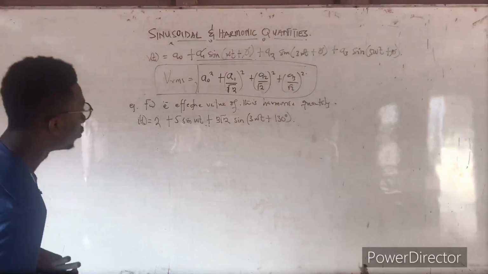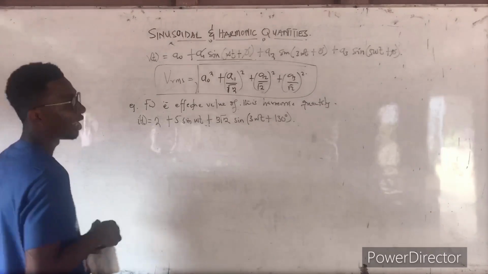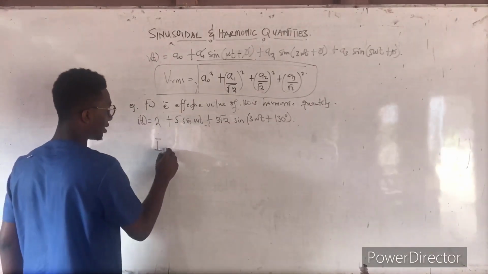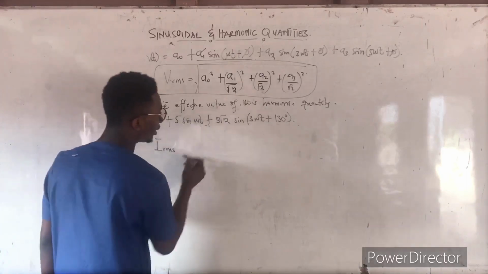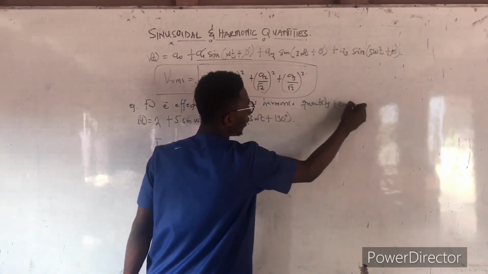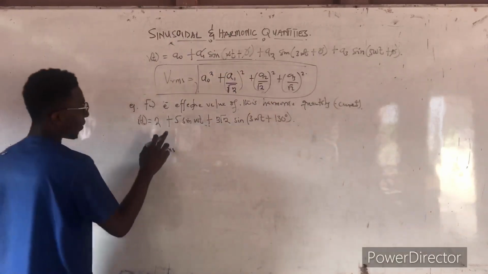If you have this and you have to find the root mean square value, then our I RMS, that is the effective value of this harmonic quantity, in simple terms,